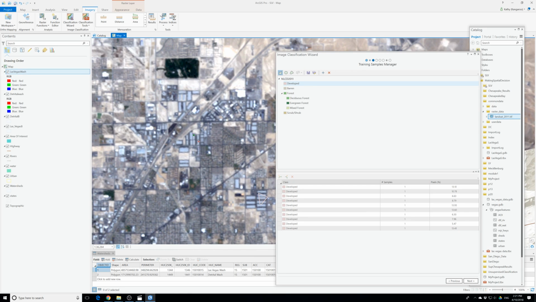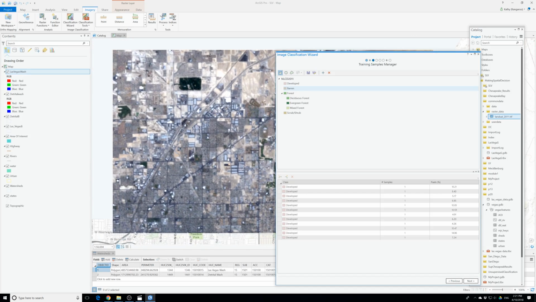So those are the developed area. Okay, we can see the houses and everything. Now I'm done with the developed. Now I'm going to change it into barren. So for barren,